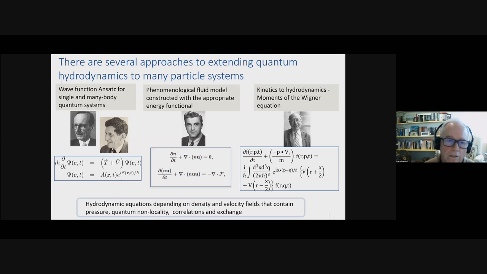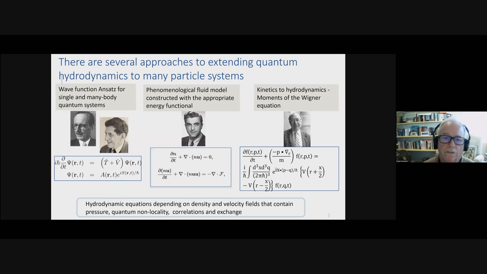So the extension of quantum hydrodynamics to many body systems really has its foundations with three individuals. There is a wave function ansatz for many body quantum systems, and I'll show you an example of that next, where you can take the ansatz approach and incorporate quantum statistics and anti-symmetrization for fermions and go through the same